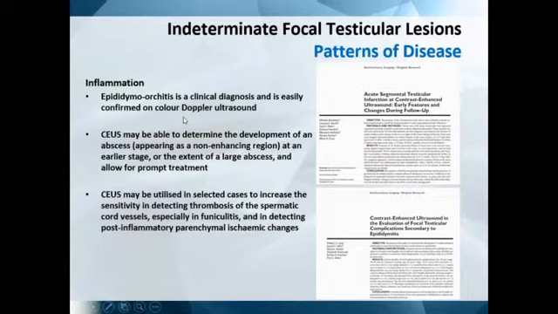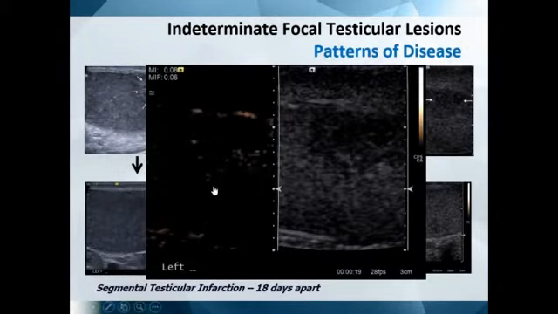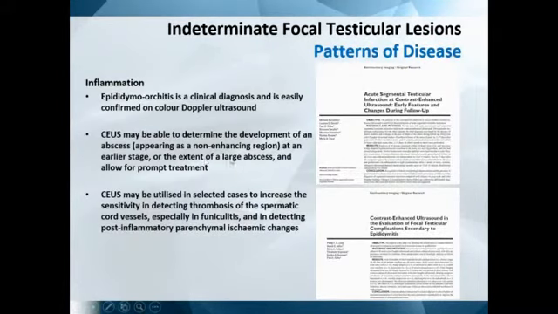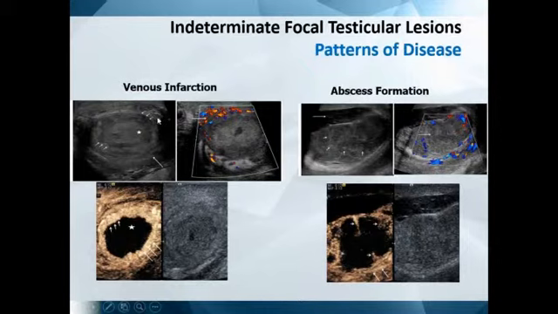Other forms of inflammation, epididymal orchitis, can affect the epididymis and cause indeterminate abnormalities. And what you're looking for here in these non-enhancing regions is whether this is an abscess or an infarction, or whether you need to manage this patient differently, going on to do an orchidectomy instead of conservative management, because quite often large abscesses cause a lot of pain and can't be fully treated with antibiotics. And this is a patient with an area of venous infarction, and this is a patient with